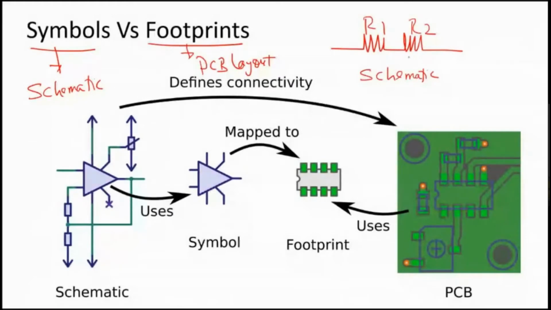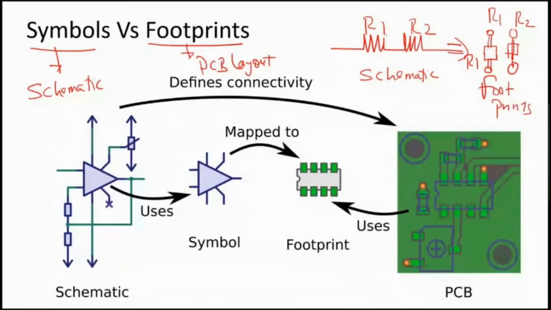But when you draw a PCB diagram for the same thing, these symbols are for our understanding. When you design a PCB, how would this R1 and R2 look practically? This R1 would look like a component with two pads, and a resistor is a cylindrical structure that connects these two pads. This is how a simple resistor would look like. So R1 would look like this, and R2 would look like this. They are called the footprints.